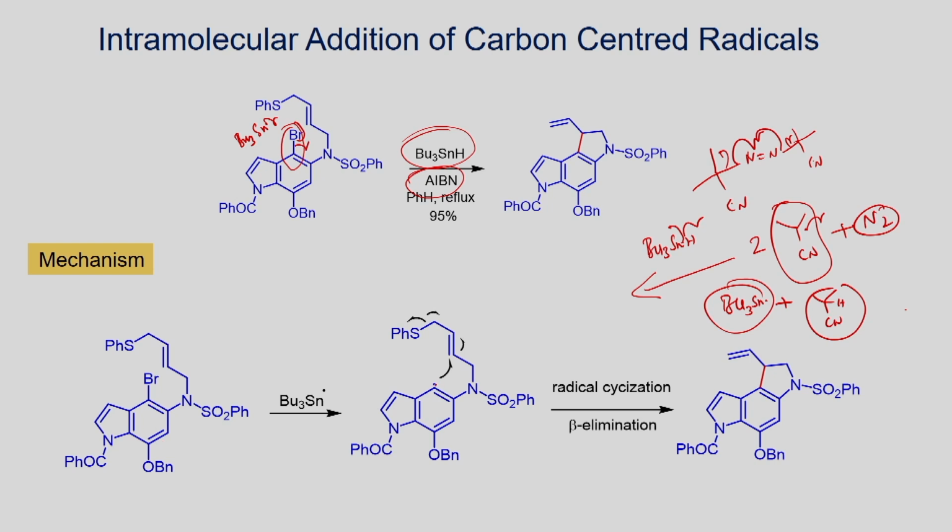Once you form the aryl radical, it undergoes intramolecular cyclization, 5-exo cyclization, and you will be able to form this derivative. Once you form this, you will be able to form